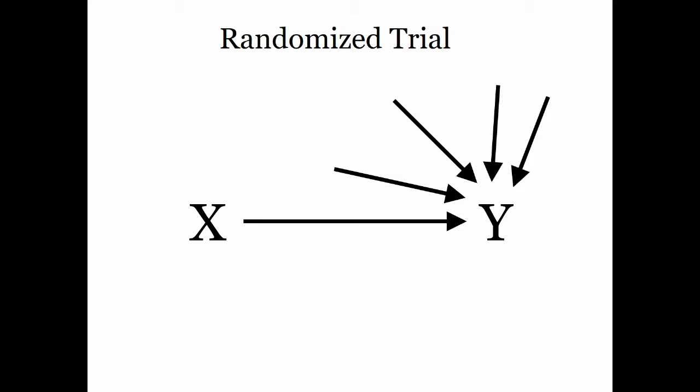And of course, we discussed how we can use DAGs, directed acyclic graphs, to support this intuition. And the idea being that we can look at an effect between X and Y, and we can assume it's unconfounded in a randomized controlled trial because we've randomized X. We've randomized the allocation. And so since there are no causes of the allocation, it's random, there can't be any unblocked backdoor paths between X and Y. And so when we talk about randomization to that point, it was for this purpose, this idea that we were going to have a comparison that is unconfounded at